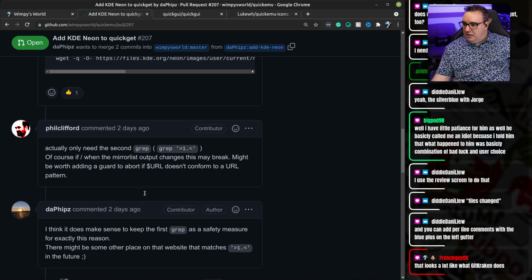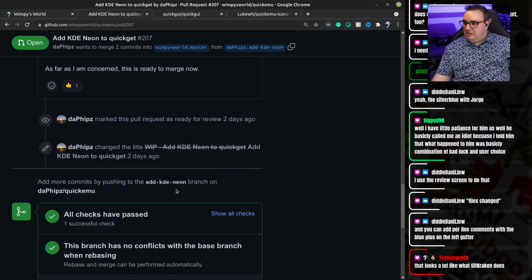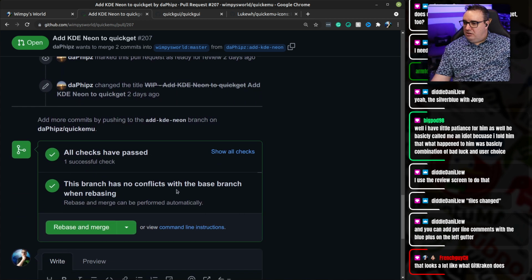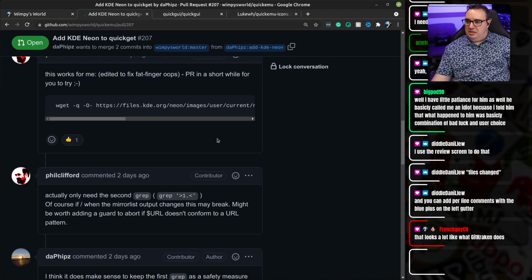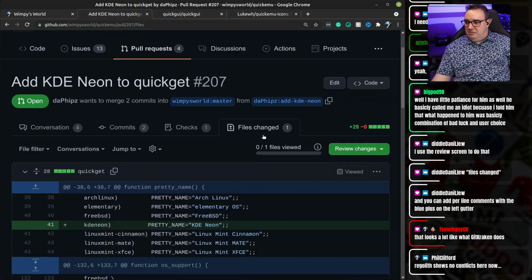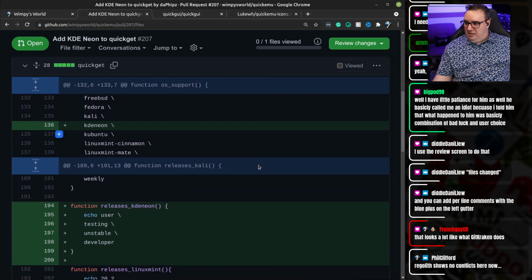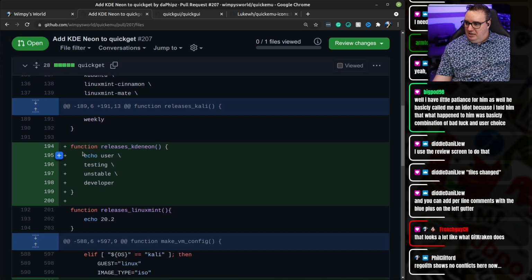Started working. Incorporated your code. Thanks again. Okay. Right then, so let's go and use this, because I rarely do this because you get stuck in your ways, don't you? You learn a workflow. So let's look at this. Okay, so we've got a good pretty name. It's in the list of OSs. It's got its releases